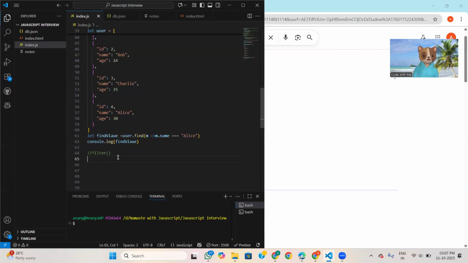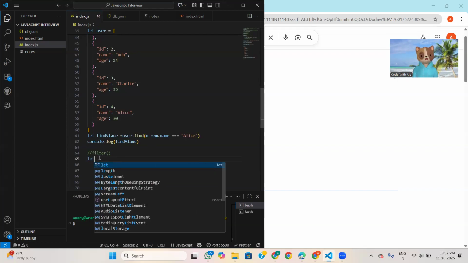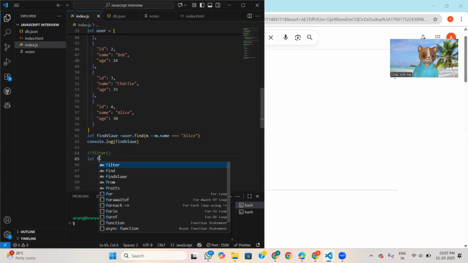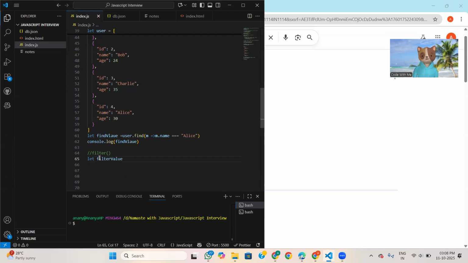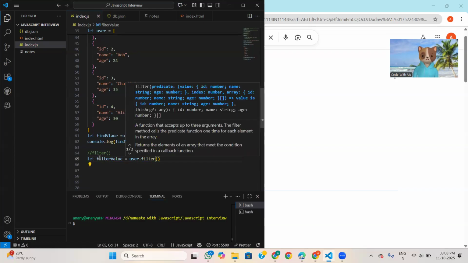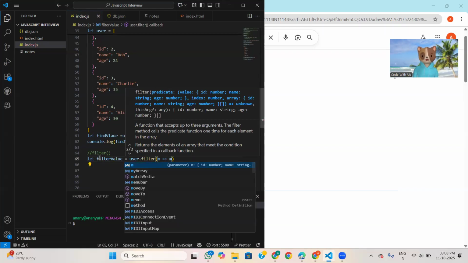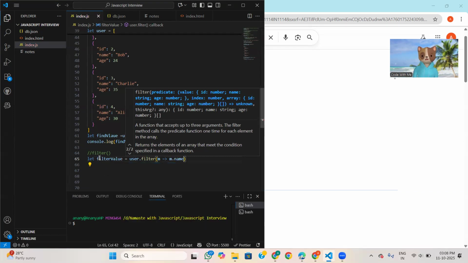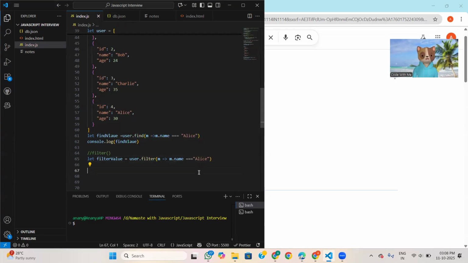So here, in the same way, I am writing let filter value is equal to user dot filter. I feel like this is the whole object. M dot name is equal to, here user is taking reference of that thing. So m dot name is equal to Alice.